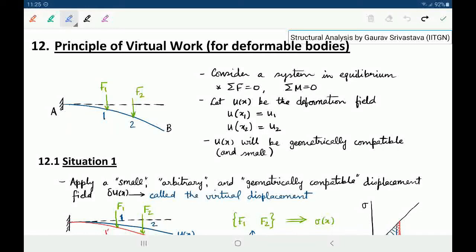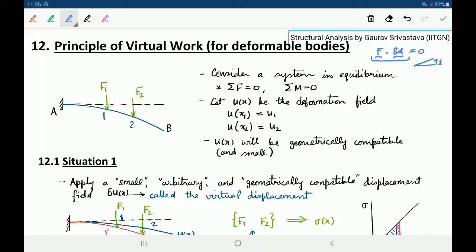In that case, we considered systems as rigid bodies, and the overall force field and its dot product with the virtual displacement field, setting it equal to 0, was the principle of virtual work. And this left hand side basically was the external virtual work, because for a rigid body we were giving a rigid body movement of a certain amount, and this amount we were able to choose